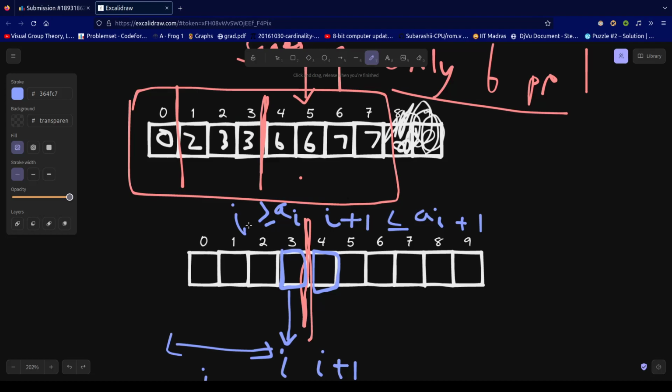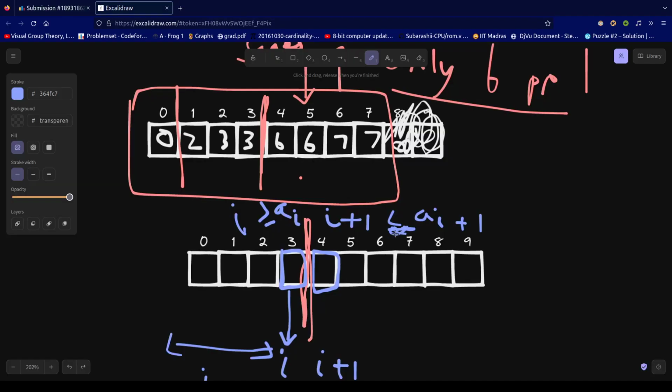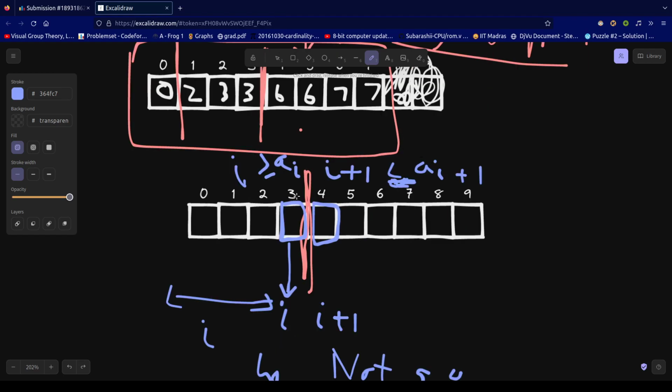Right, so that's my solution over here. So basically, when a particular index is valid, I plus 1 has to be strictly less than a plus 1. Yeah, it has to be strictly less than a plus 1 actually. So when both of these conditions are valid, we can